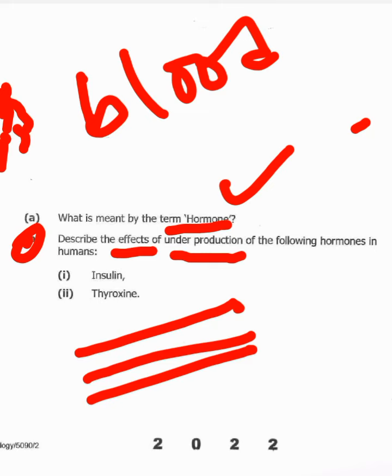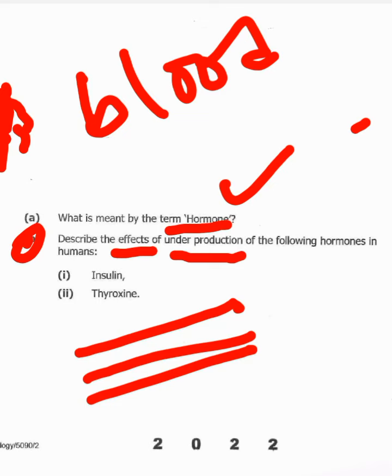So now, I've said number one, it will lead to diabetes mellitus. Number two, there will be abnormally high levels of glucose in the blood. Number three, there will be the presence of glucose in the urine. Then there will be persistent thirst, leading to excessive intake of water. There will be drastic weight loss, and there will also be loss of sensation in some body parts. These are some of the things that come due to the underproduction of insulin.